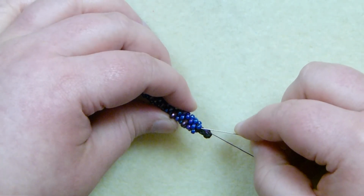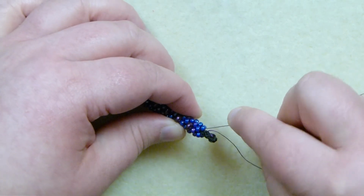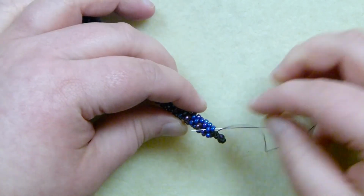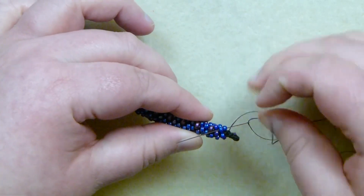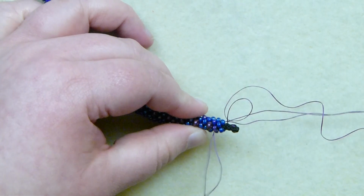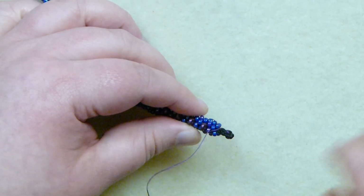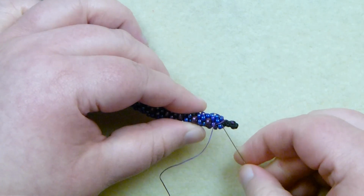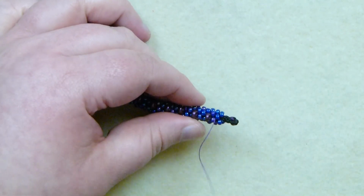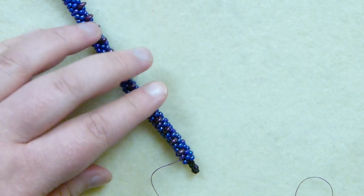So what I'm going to do is go from the outer bead here in the braid, just go straight through it, but then also through that next bead, the one that's right across from the SuperDuo. So we're basically going a bit of a diagonal there, because this also helps hide the thread, but actually going through the beads in the braid obviously. To pull that all the way through, just got tangled up a bit there, like that. And now I have my thread coming out of the bead that we need to get to our